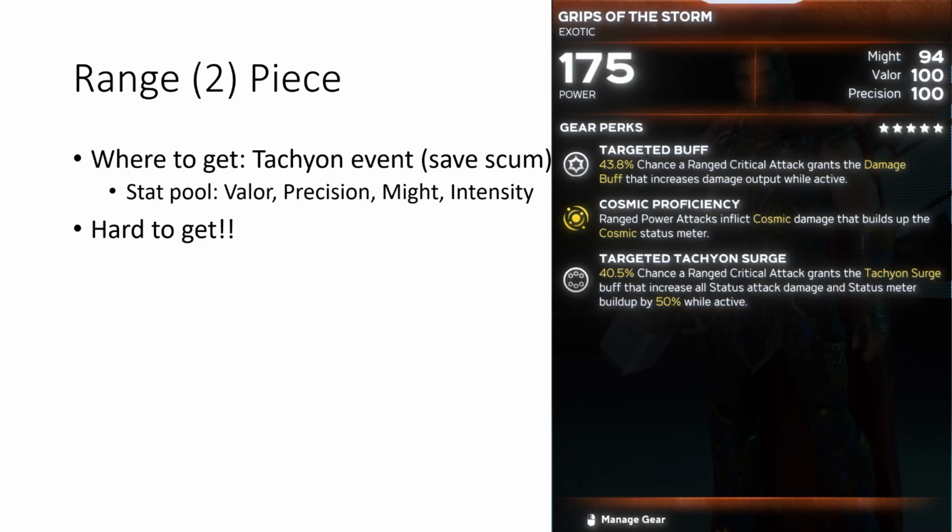Alright, here's the final gear update for Thor. The range piece is going to be the same, and this is the hardest part of the build to get by far. If you want to get it, realistically you have to save scum the Tachyon event, which takes about an hour to set up,